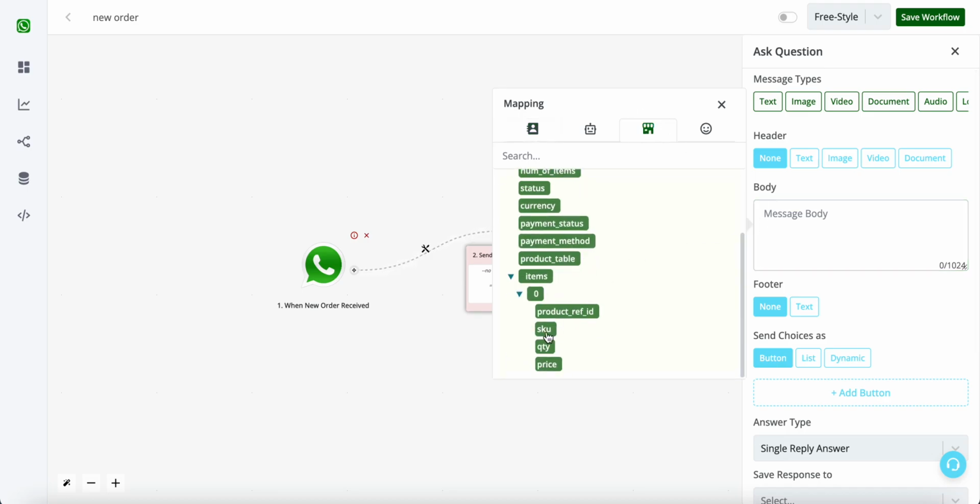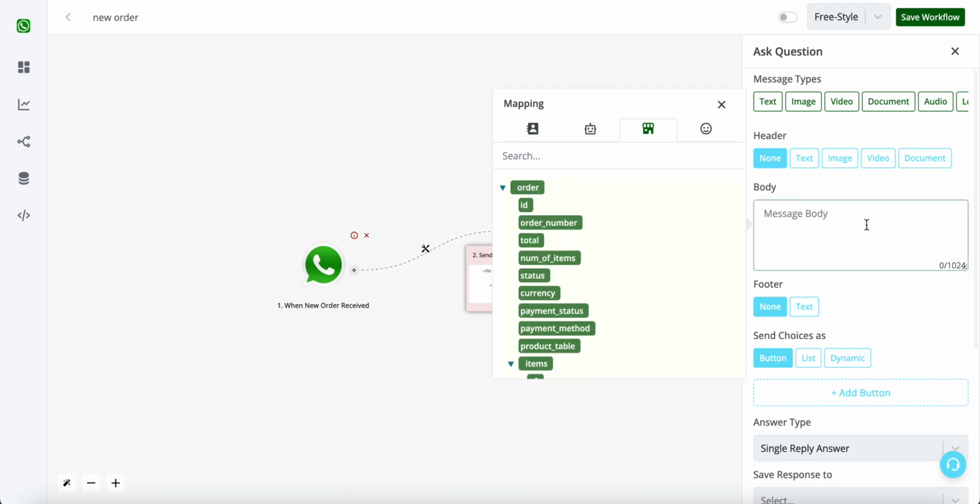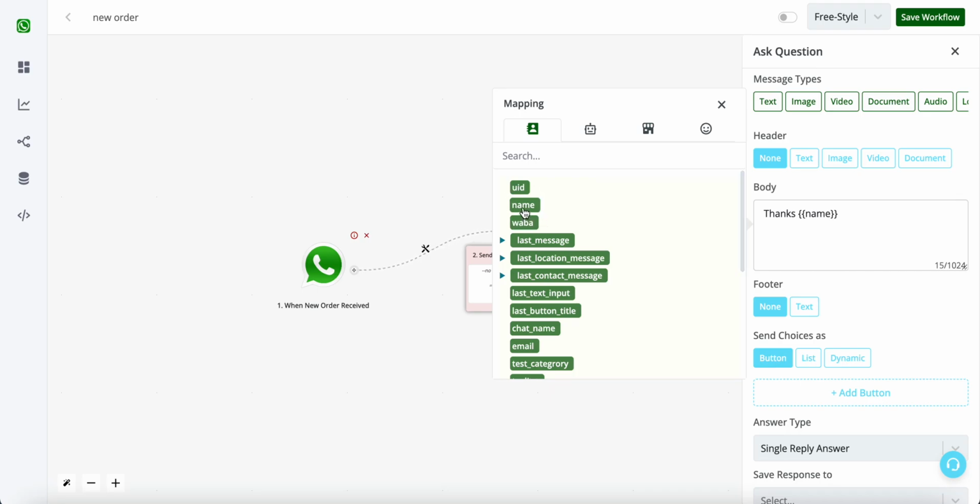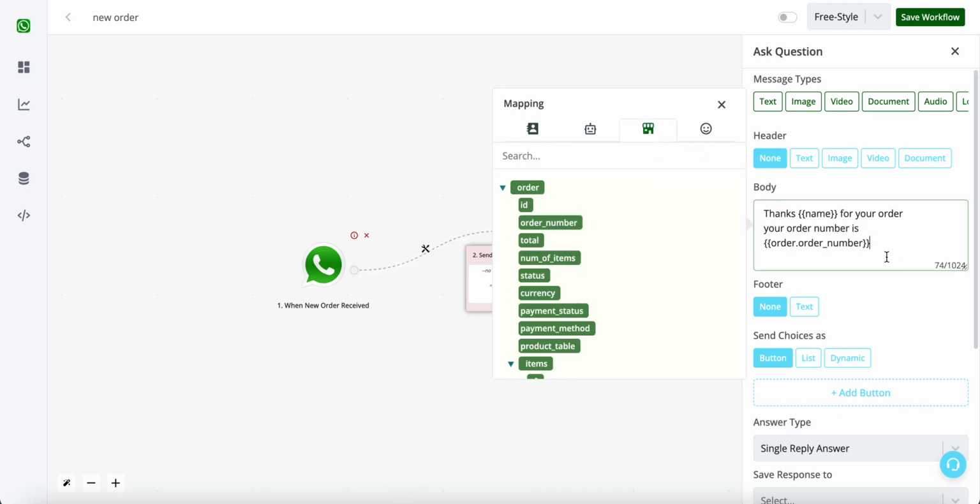This has data from your order. So we can have something like, thanks, and then the WhatsApp name for your order. Your order number is. Very important point to remember, you have only 1024 characters in total. So you can also divide this particular message in 2 or 3 blocks,